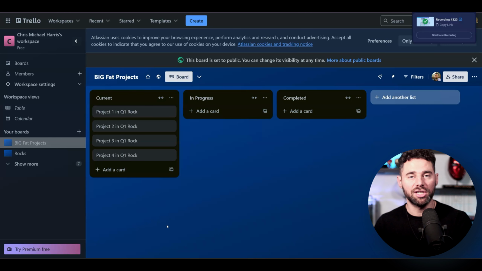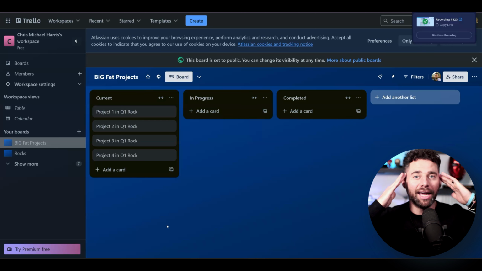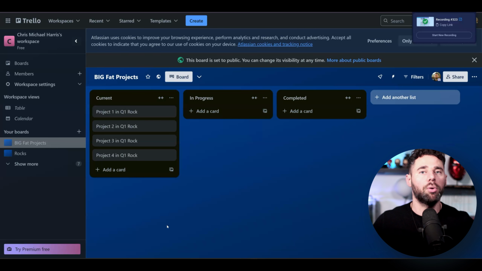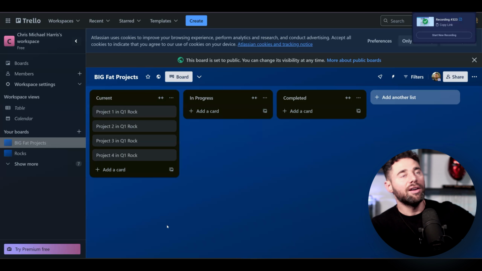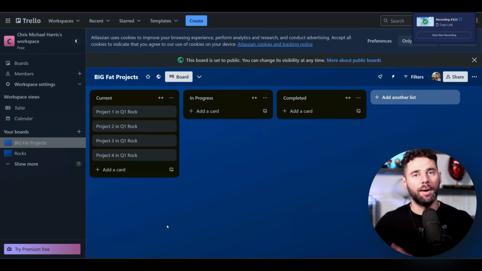What can I put on the wayside and not focus on, but also keep tabs on? So if I build a project, or I build out my next quarter, or my annual plan, at least you're organizing it in a way where you can come back to it, and you don't forget about it. Oh my gosh, I forgot about that big project we need to work on. Or, oh, I forgot that thing from our annual plan. Well, you'll know that because you have an annual plan that you built rocks for, that you built projects for, that you're assigning tasks to. So it literally goes from ideation all the way down to execution, which is exactly what you want to see in a business, all built around organization. And that's really what you accomplish when you do this.